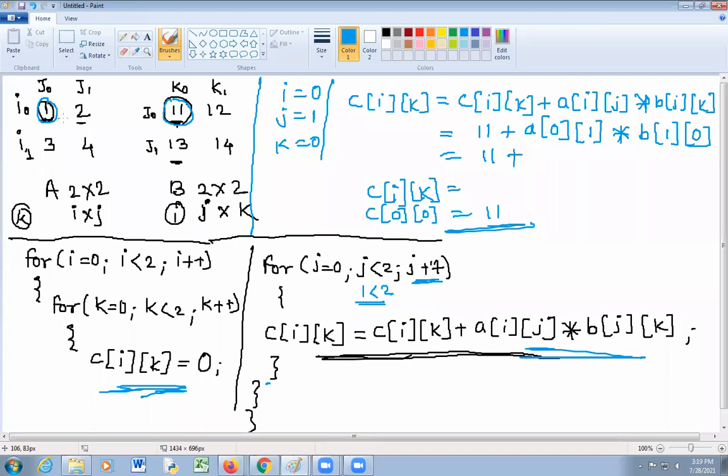I 0 j 1 is equal to 2 into B value of 1, that is j 1 and k 0, that is 13. So 11 plus 26 you will get 37. Did you get? इथपर्यंत समजलं? Yes. Okay, I will erase this calculation.